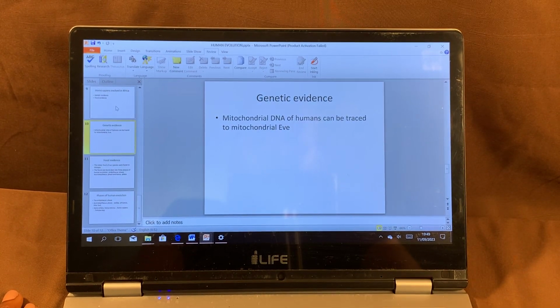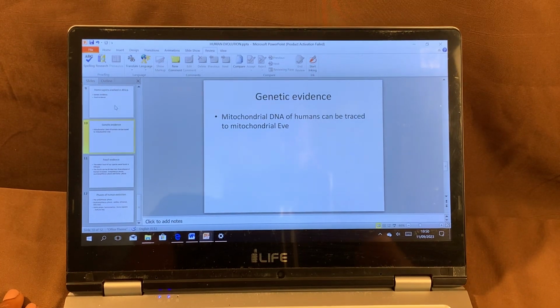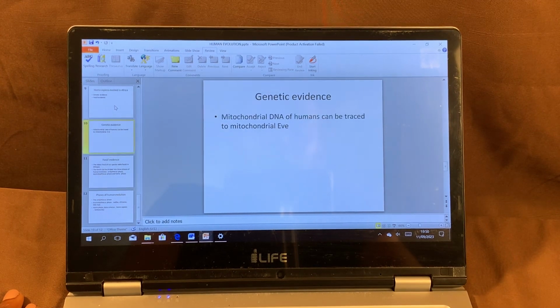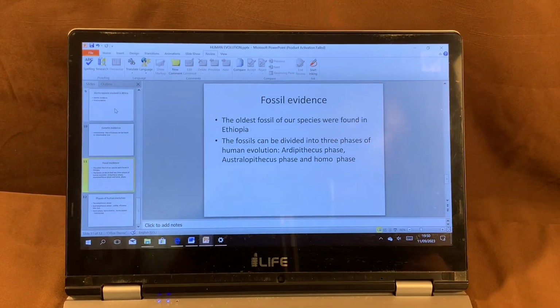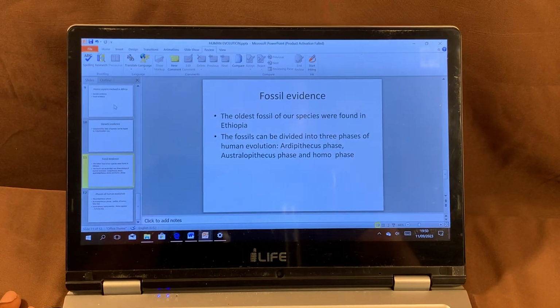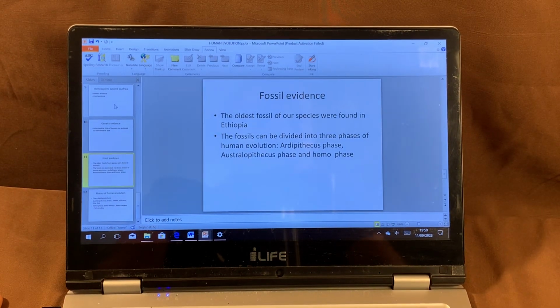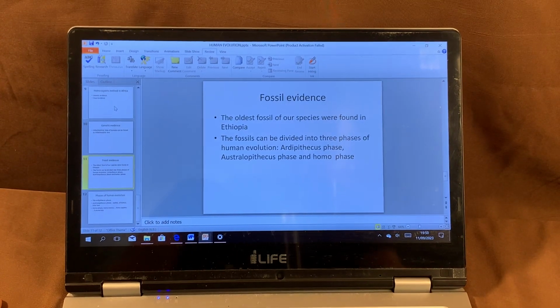And Eve was not the only one, it's just that the rest, obviously, their bones couldn't survive. They probably had soft tissues and their bodies were underground. You know the process that happens underground, so they decomposed. We also looked at the fossil evidence that tells us human beings come from Africa.